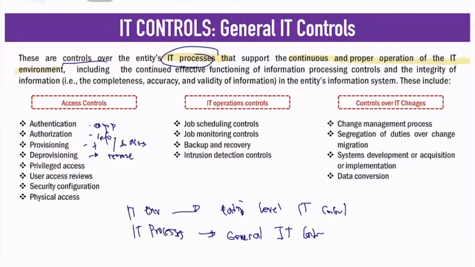Also, we have your privilege access. For privilege access, this is about your admin access. Actually, we are looking here at your powerful access over the whole system. So normally, who has the powerful access? It is the admin. Also, we have your user access reviews. This is to control or evaluate the access over the ongoing authorization. So you control the access over the information, that is your user access reviews.